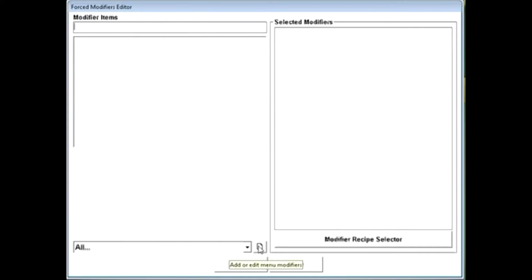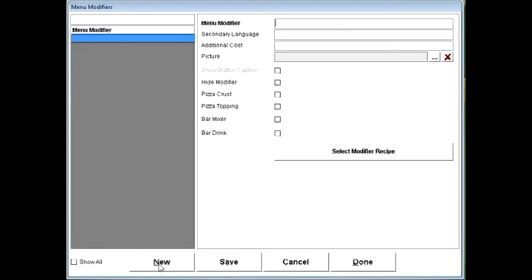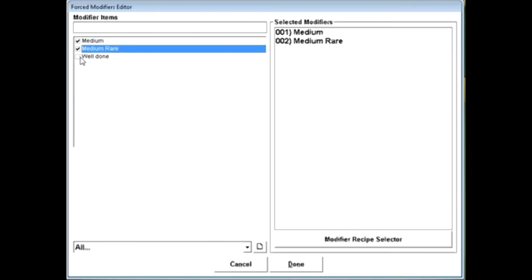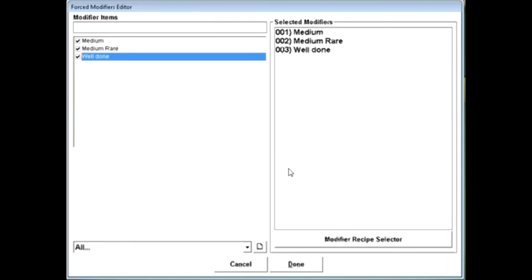So if I wanted to create a new item, I'd simply click the little paper down here, and I could create things like medium and hit Save. Click New. I can make it medium rare, well done, etc. And once I've chosen those, I can check in the ones that I'd like to appear on my menu